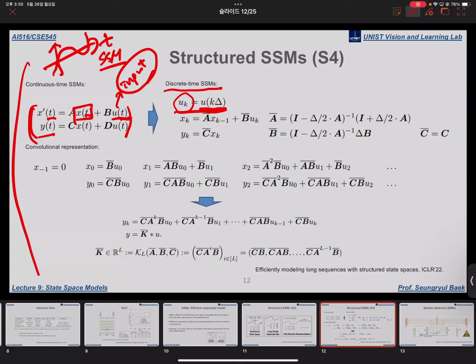This is the offset, and k is some interval, and u_k is the sampled input. And also this differentiation, when it is discretized,